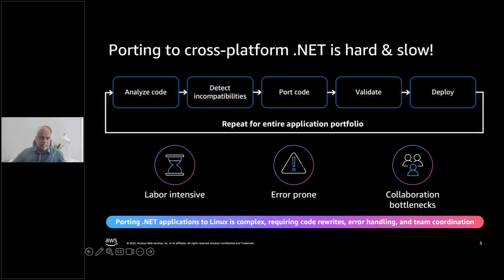Those packages, the knowledge base may not be with the company anymore. They have moved to different teams. So new teams have to spin up, and then there are collaboration bottlenecks all over the place. So this is exactly the problem statement, where customers are not able to manually do this for a large portfolio of applications.